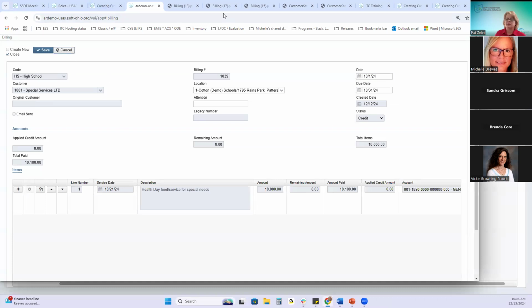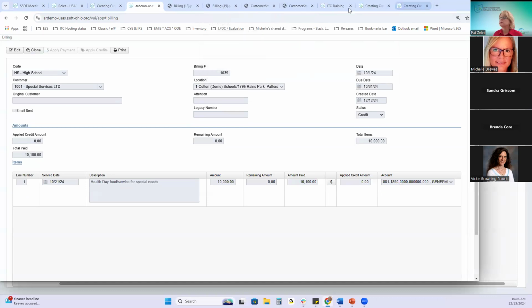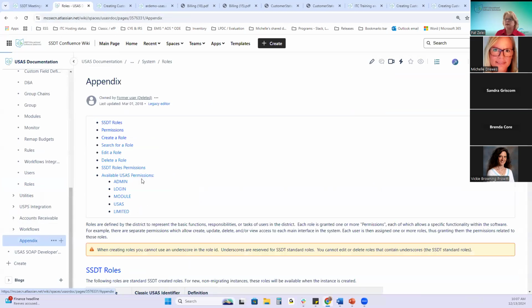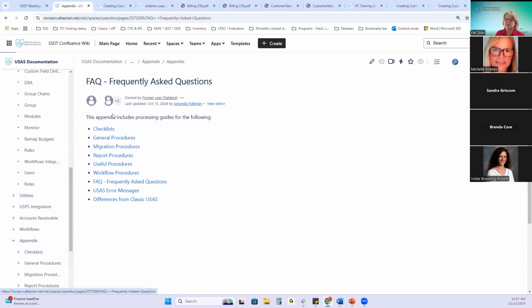What I did was pick the wrong PO, and I apologize for that not working. But let me go to the appendix to show you. Appendix FAQs, and then it's broken down by chapters,